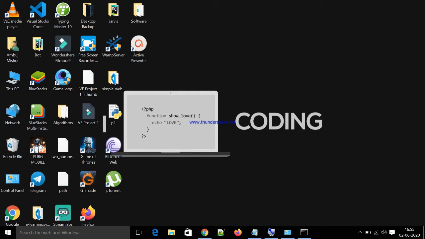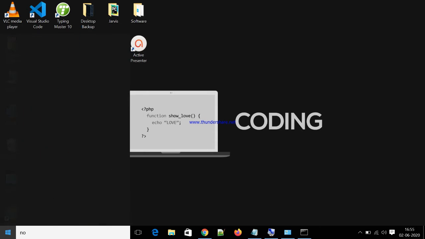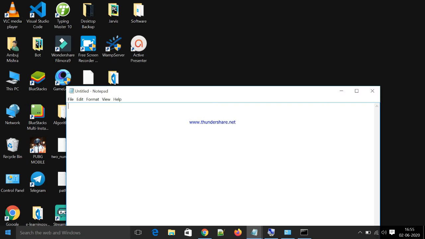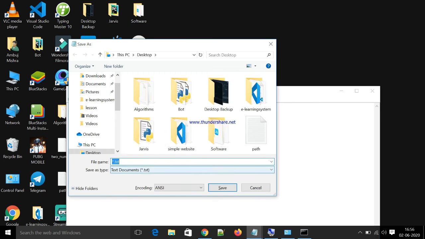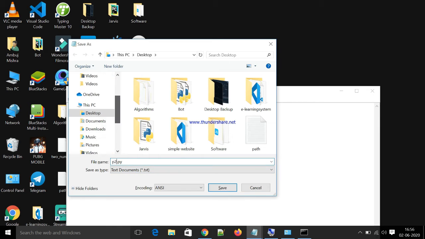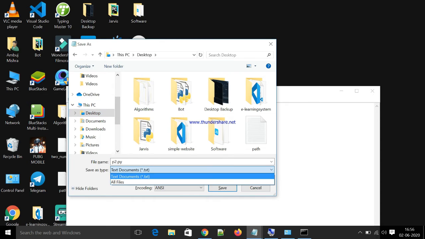Now let's go back. This can also be done with the help of the basic editor which is pre-installed on your system, that is Notepad. Open Notepad and write your Python program over here. I write the hello world program and save it with the Python extension, .py. Okay, that program already exists, so I will replace it with p2.py. Let me save it on the desktop.